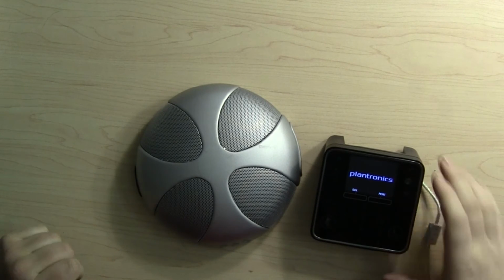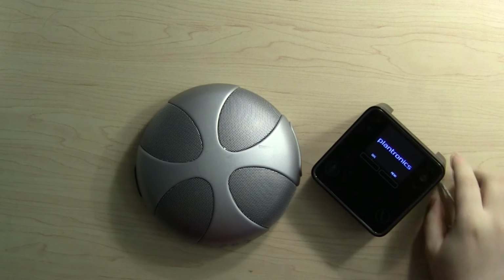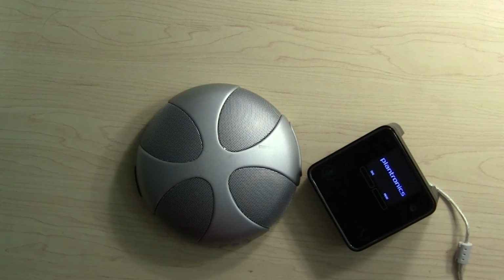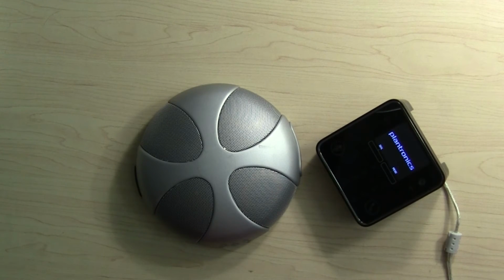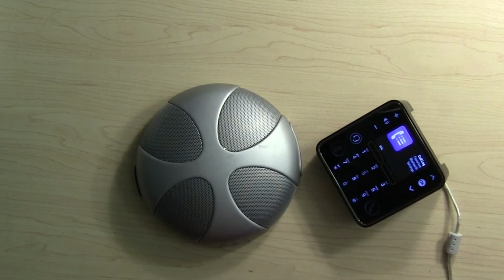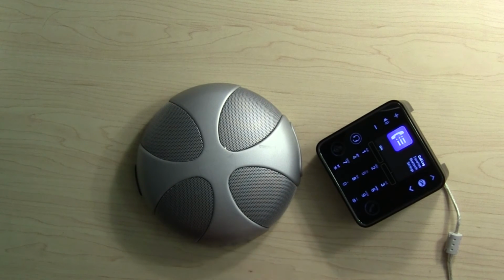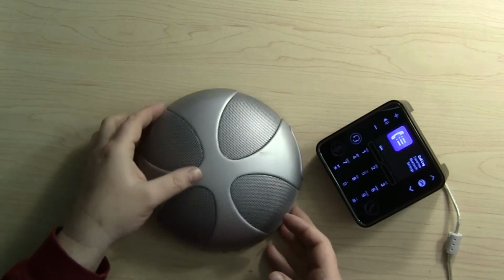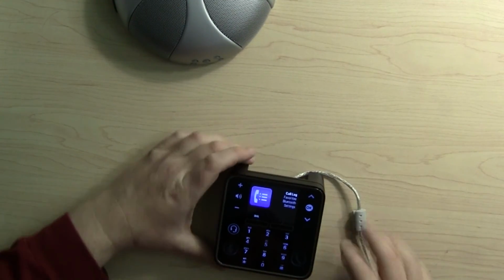So here you can see the size difference between, say, a Plantronics 830 device and the Quattro device. Obviously aimed at slightly different markets. The Plantronics 830 device is much more of a personal speakerphone that you'd use in your office, whereas the Quattro 3 is really intended for conference room tables. So let me just move this out of the way,